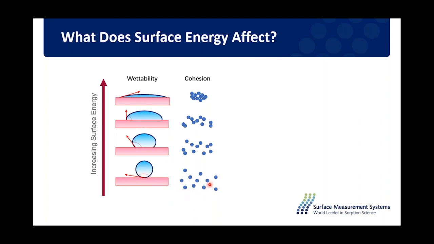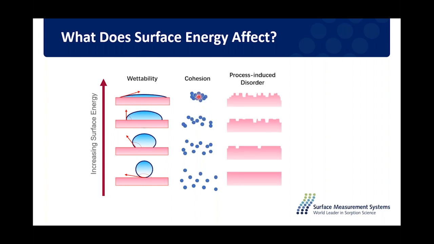If I'm thinking of a powder or granules, if I increase the surface energy, keeping everything else similar, I can increase the cohesive forces because those particles will then want to stick together because the surface energy is increasing. If I'm thinking about milling or process-induced disorder, although I'm often doing these things to maybe change the particle size, I'm also going to change the surface chemistry, not just the size of the molecule. Or if I'm thinking of grinding or plasma etching or some sort of surface treatment, those can often expose buried interfaces, create surface disorder, create amorphous sites at the surface, and that can be tracked and monitored by the surface energy.